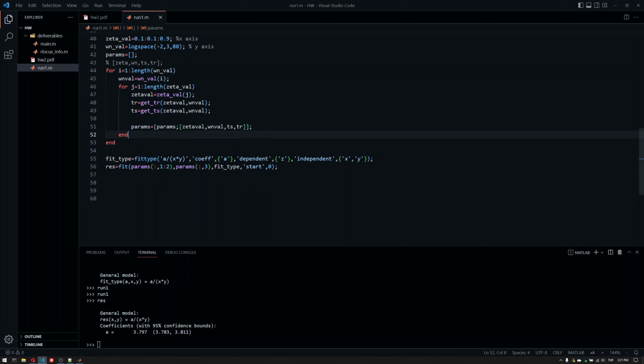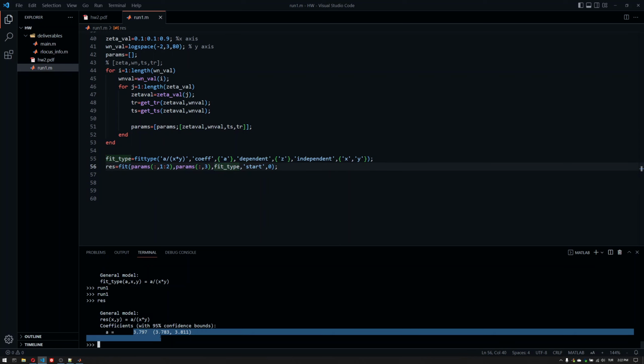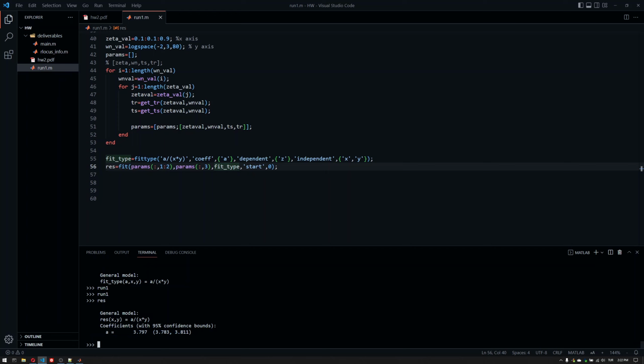I just combined settling time and rise time in a table, but I'm just picking the columns. X and Y is this. This is basically the result, and then the fit type, which I have defined here, and then start at 0. And it ended up being 3.79 for the settling time. It shows us the bounds here. It could be between this and this, but we have basically the coefficient